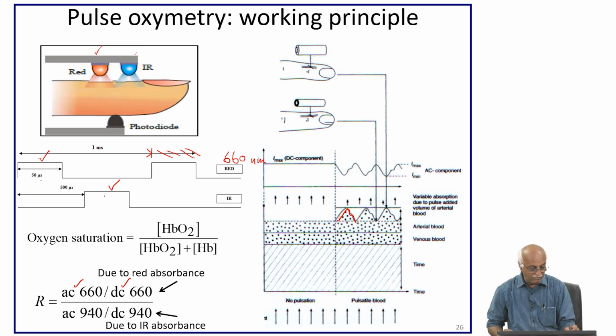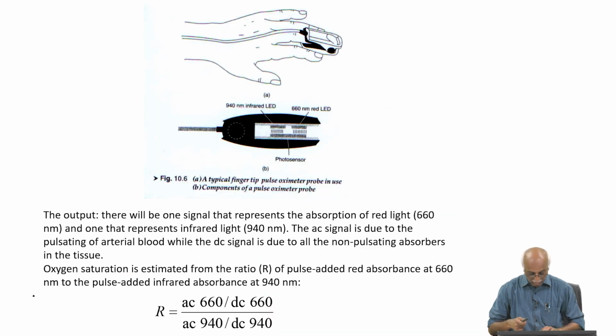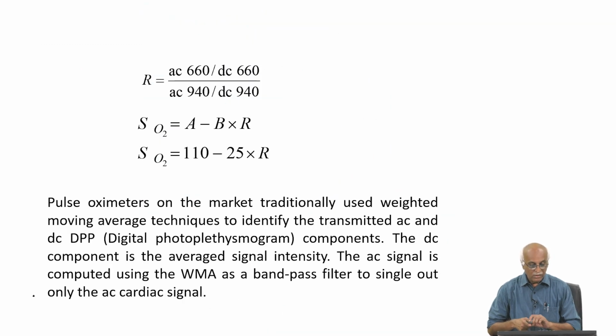Similarly, for 940 nanometer also we will capture the AC as well as DC component from these measurements, and the R value is derived. Empirically, this R value is correlated with